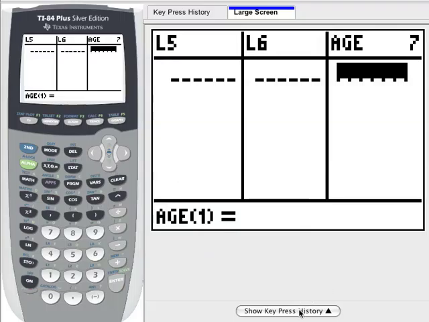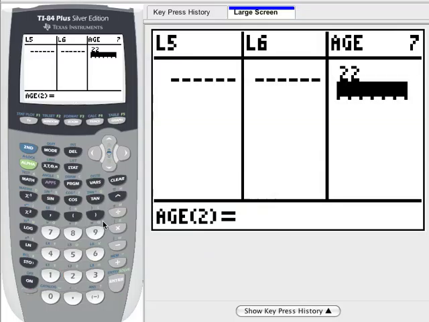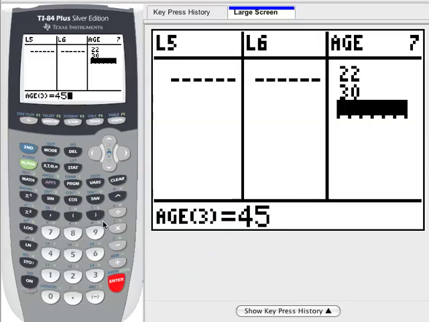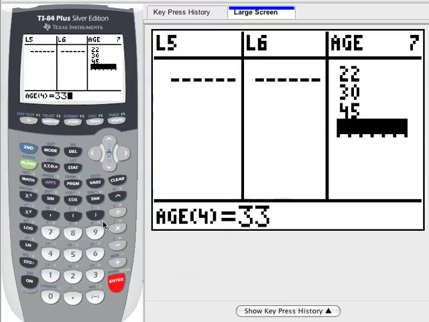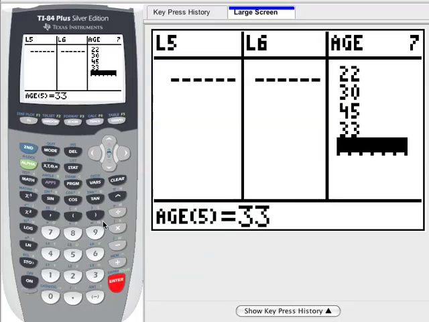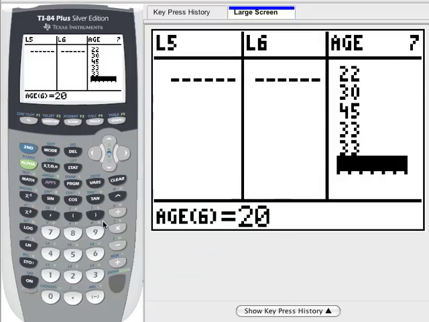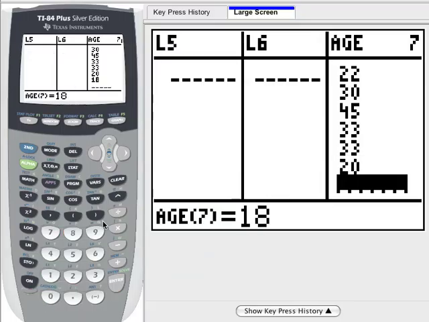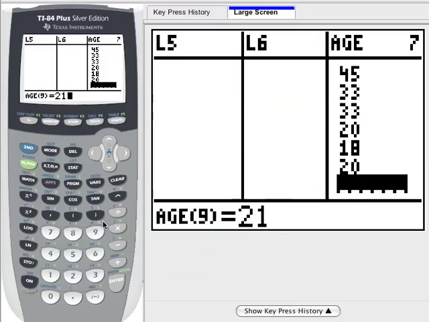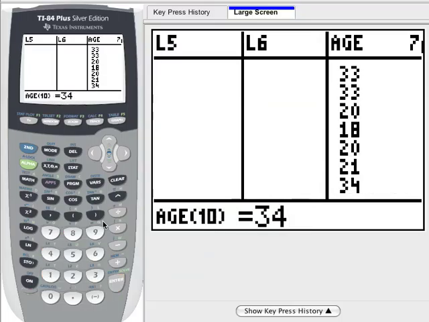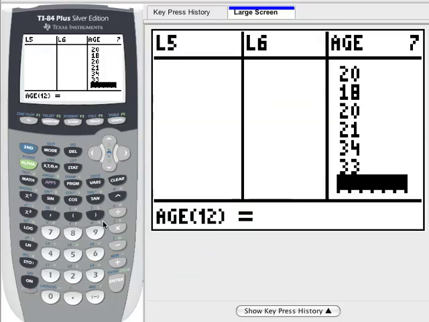Okay. From here, we want to go ahead and enter in our numbers. So let's type them in. We've got 22, enter, 30, enter, 45, enter, 33, 33, 20, 18, 20, 21, 34, 33, 54,